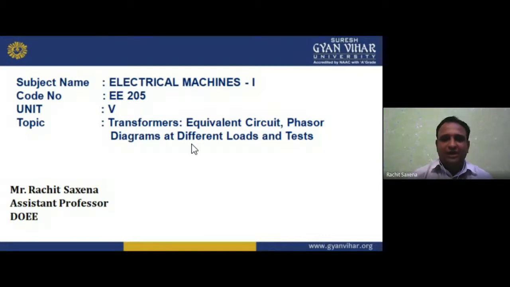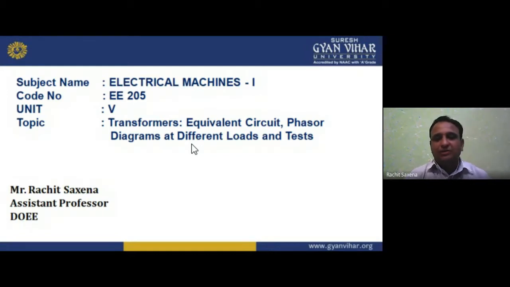So similar to that, this is all about unit 2. And in unit 3, we have studied the DC machine. Now if I am talking about the DC machine, my dear student, the DC machine is basically classified into two parts. One converts electrical power into mechanical power, and another converts mechanical power into electrical power.